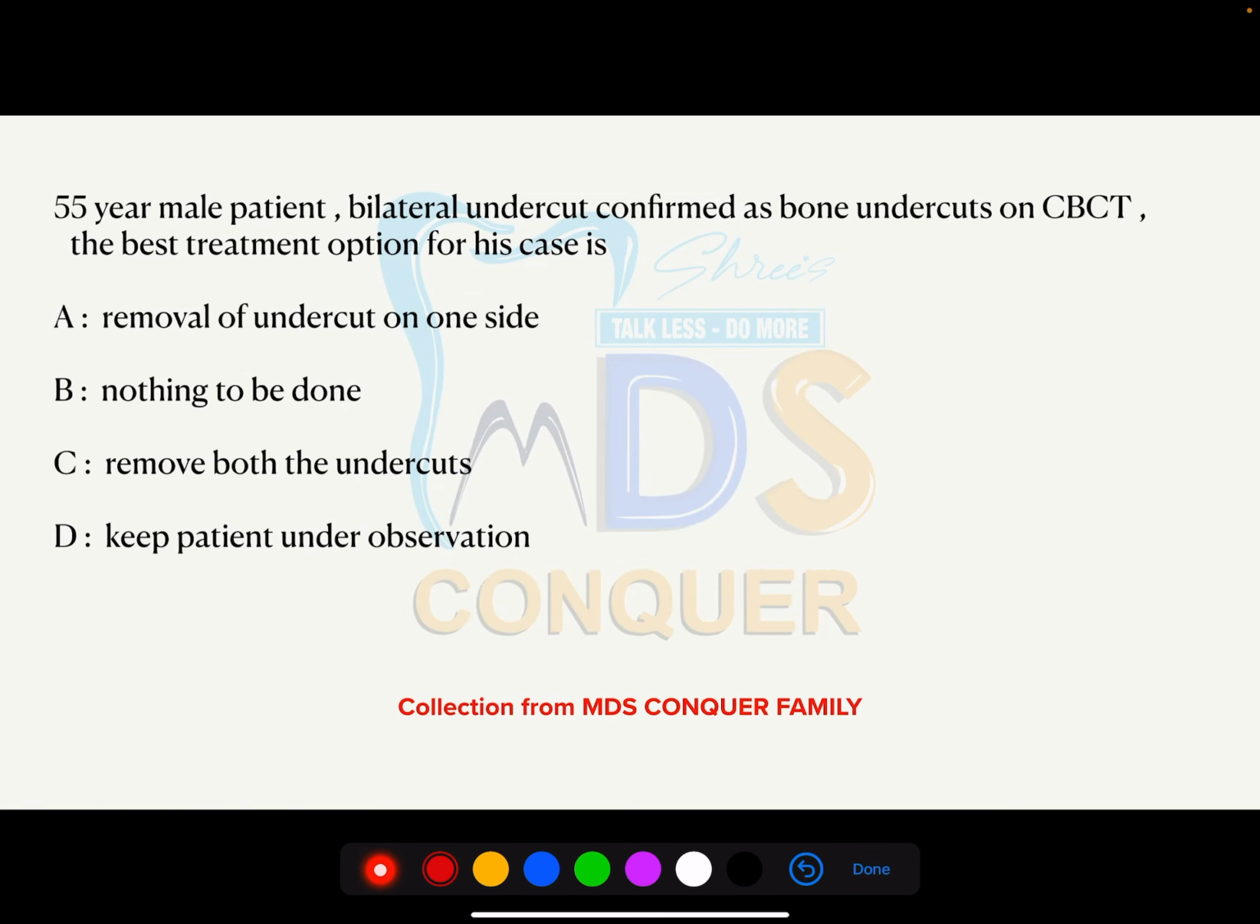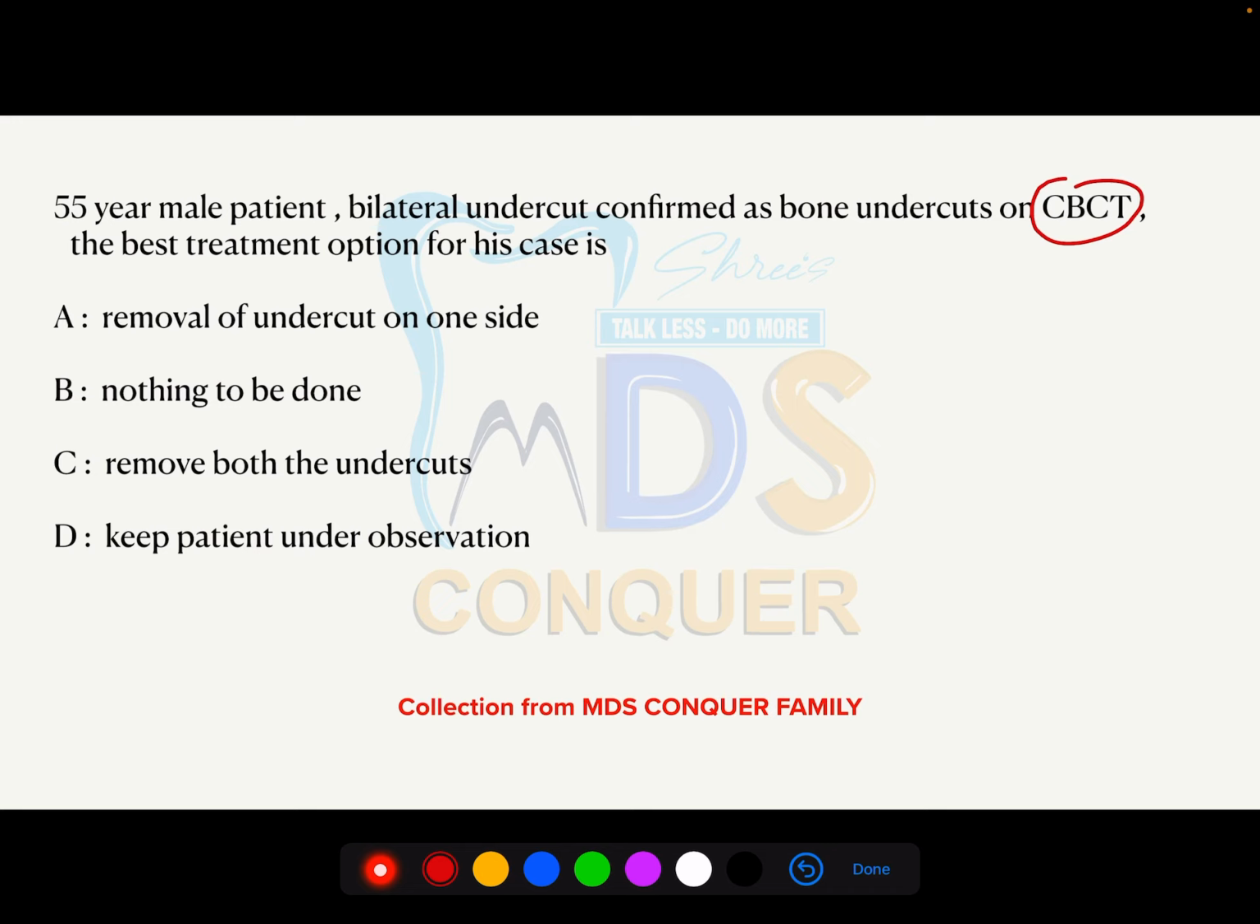Jumping into the next question, which is related to prosthetics. A 55-year-old male patient having bilateral undercuts, confirmed as bony undercuts on CBCT. Do make a note, CBCT is one of the important diagnostic aids in dentistry now. They can ask you about the bone, or for endo, fracture line detection or the number of canals, and most of this can be easily identified by CBCT. So the best option for this particular case is,